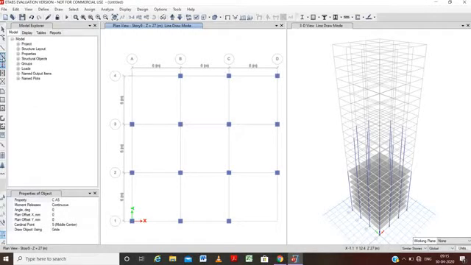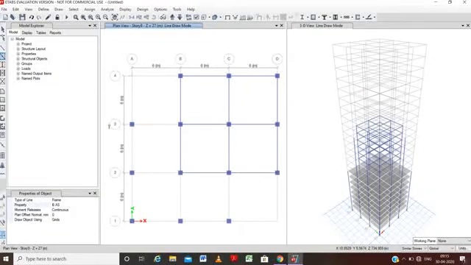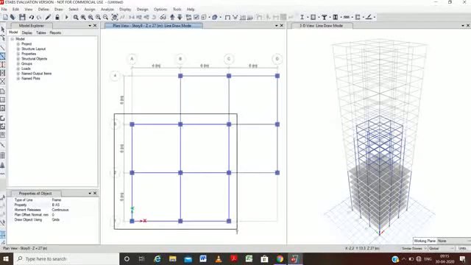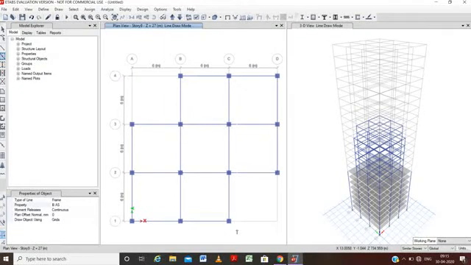And now for beams, just go here, take the column beams and select only the parts to be drawn. Don't select any other part and use the similar story option as always. And just check the property here. The property is given as beam auto select and column auto select.